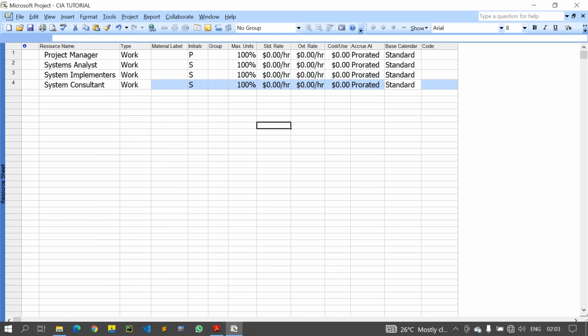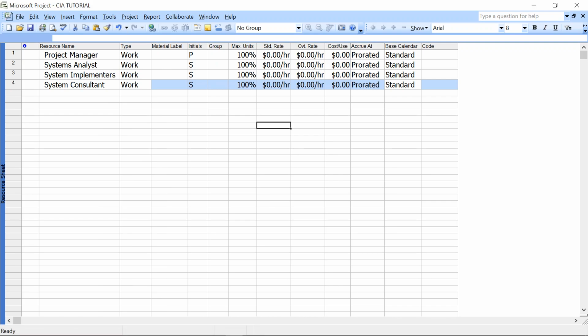So you can see the work type is work. Now this was PM, then there's SA, then there's SI, then there's SC. But remember this is where we put the money, but it's in dollars. So what do we do? We go to